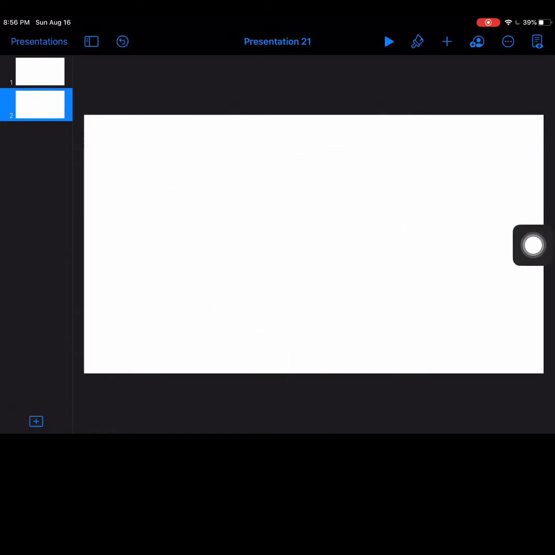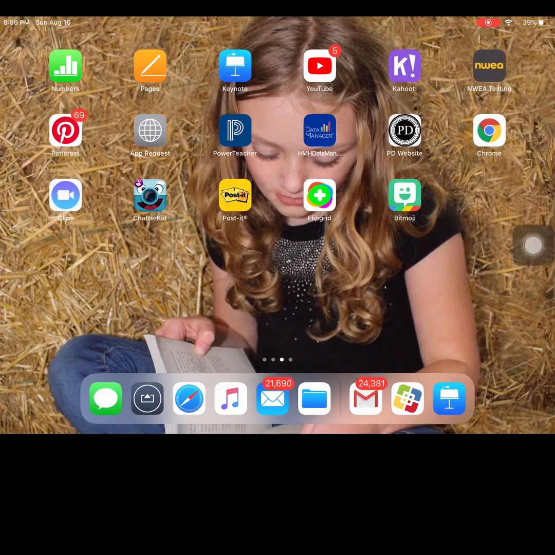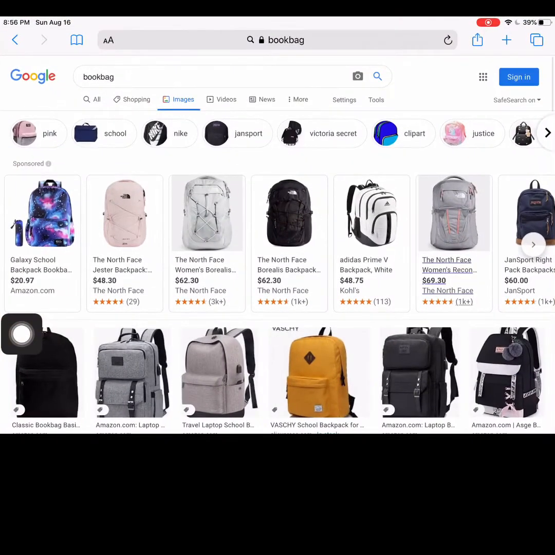So now I'm going to use my home button, and I'm going to go back to Safari. When I go to Safari, it's my internet web browser. I'm going to search for something to put in my virtual locker, such as a backpack. So all these backpacks popped up when I typed book bag into the search. I'm going to click on this backpack,